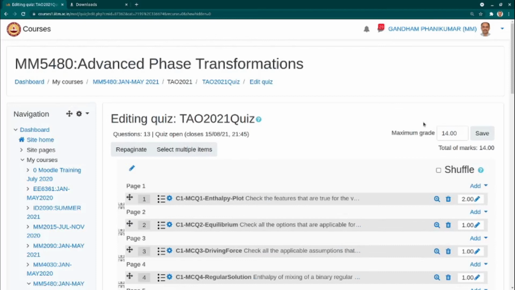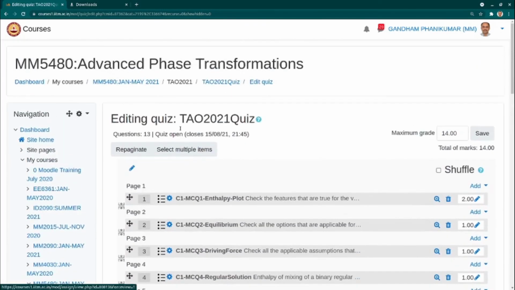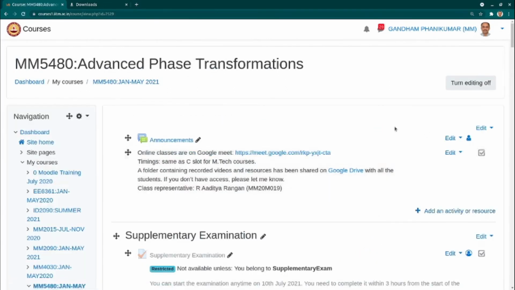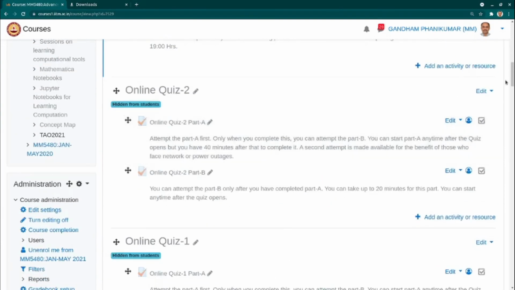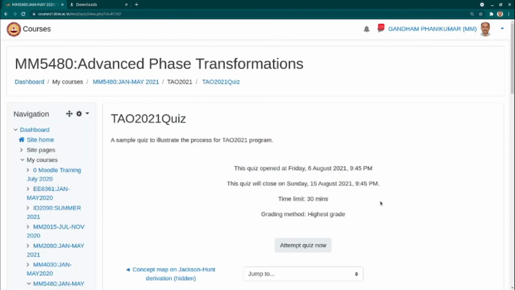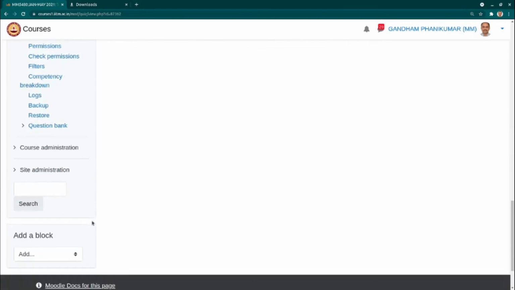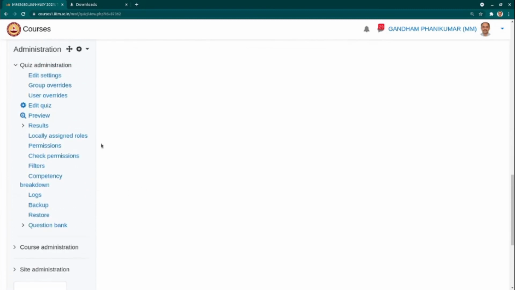Once that is done, the quiz is configured, and we are ready to go. You can go to the front page and see how it looks, and go to the bottom where the quiz is configured. You now see that it is available for people to attempt. If for some reason you still want to edit it, you can do that, because on the left side there is a place where you can edit the quiz. The link is still available.